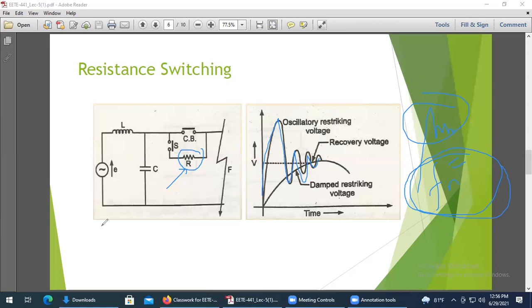You cannot ignore TRV. You cannot suppress TRV. TRV will appear. But as we have discussed so far, the main frequency component of the TRV actually creates the bigger problem in our fault interruption process. So if we can control the frequency, eventually TRV vanishes within half cycle and the process becomes easier. Understood? Got the point?